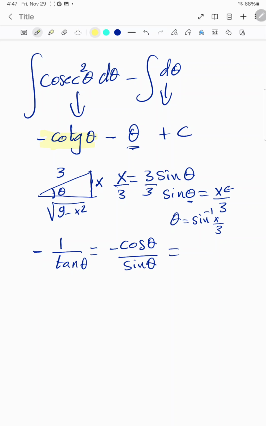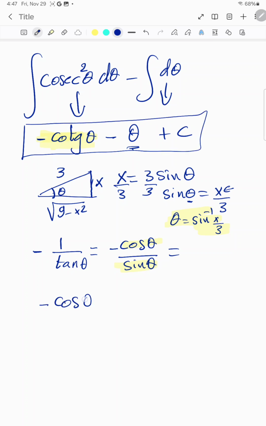So I will rewrite my answer that I got here as minus cosine of theta divided by sine of theta minus, and my theta I can write as arc sine or sine minus 1 of x divided by 3